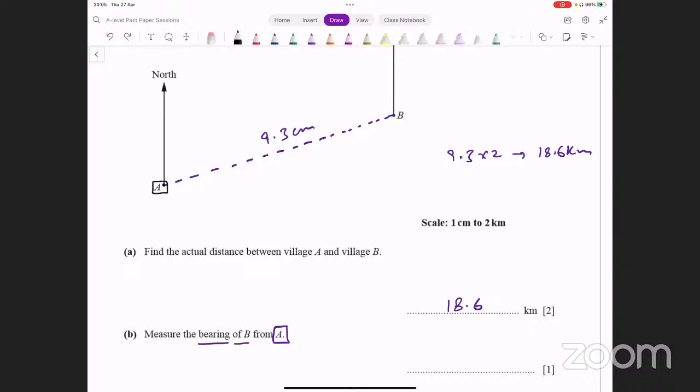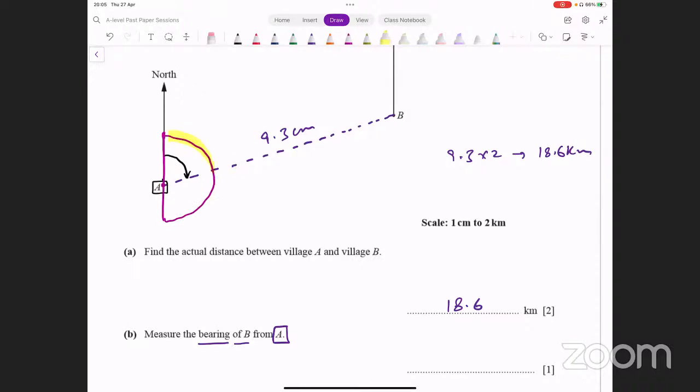तो A पे आप खड़े हो, इस पे नॉर्थ बना हुआ है, इससे bearing measure करनी है B की. Bearing कहाँ से measure करते हैं? नॉर्थ से measure करते हैं clockwise direction में, right? You would be measuring this angle. ये एंगल आप ऐसे मेजर कर रहे होंगे अपने प्रोटेक्टर से. ठीक है? You can see what that turns out to be. You're going to put your protractor like this. आपके पास जो D होगा वो आप सेंटर रखेंगे A के ऊपर and you'll put it like this. इस शेप के अंदर आपका D आ रहा होगा और आप इतना एंगल उससे मेजर कर लेंगे कि क्या